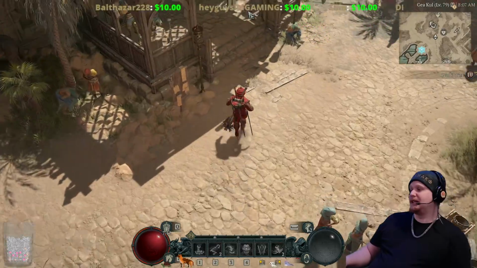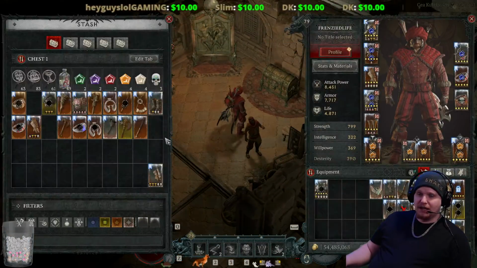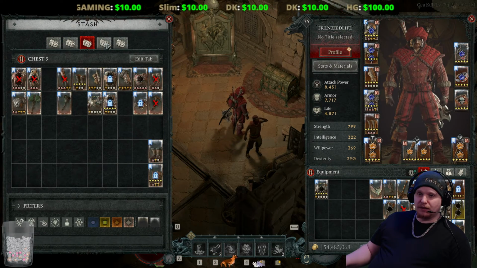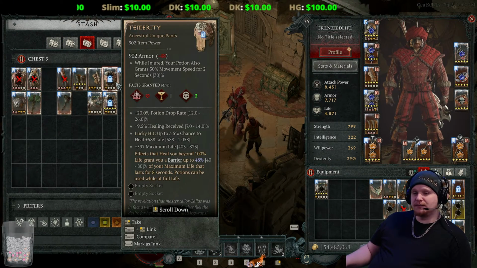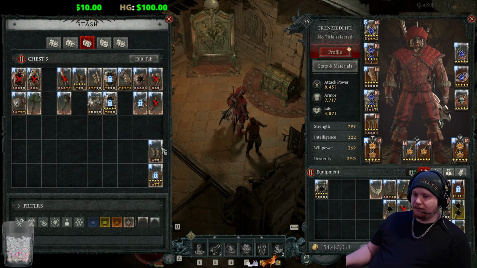or the stash is all over the place now, and I still lean toward the one that was in here. Let me see if I can find Temerity, because I don't have a pair of Temerities. So it gives you a barrier when you heal yourself beyond 100%, right? Well, there's a vampiric power